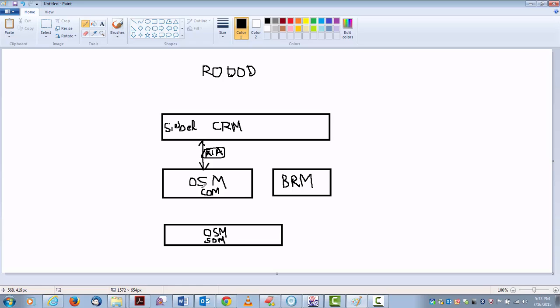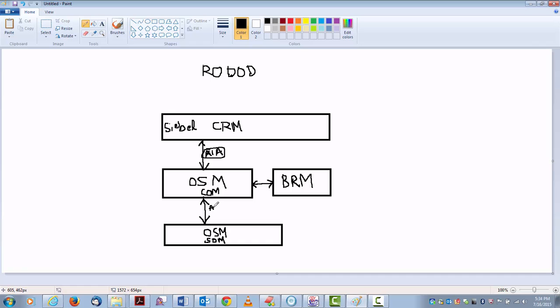So first, when it receives the order, OSM COM is going to decompose it and first initiate or sync the customer to the billing system, receive the response, and initiate the billing in the billing system. Then the next step is COM is going to send the request to SOM for provisioning and activation activities.